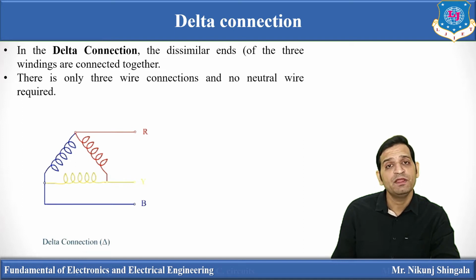Now, in the previous video lecture, I have also discussed the balanced load, the load for which the magnitudes of all the impedances are equal, phase angles are equal, and all the impedances are of the same type. Line voltages are equal, phase voltages are equal, and the same is true for line current and phase current. So in this video lecture, I am going to derive the current voltage relation for a delta connected balanced system.